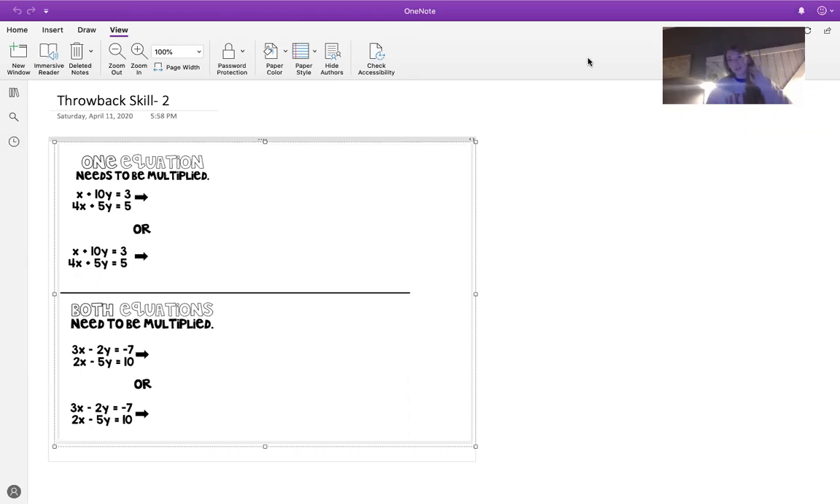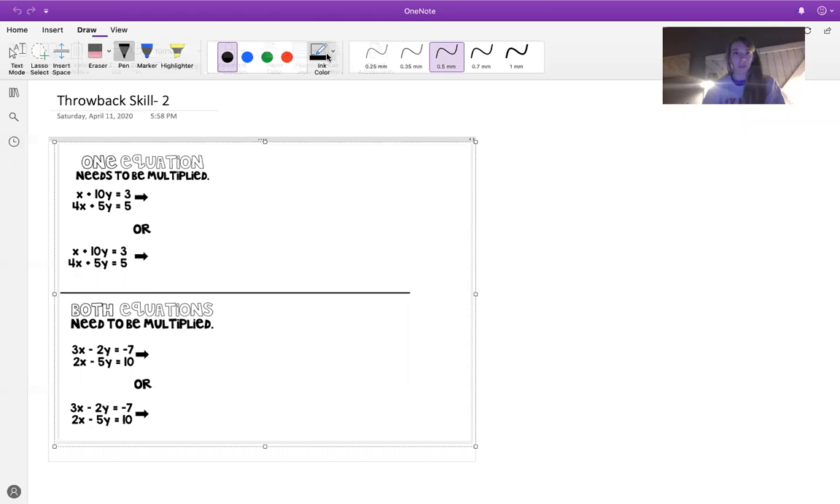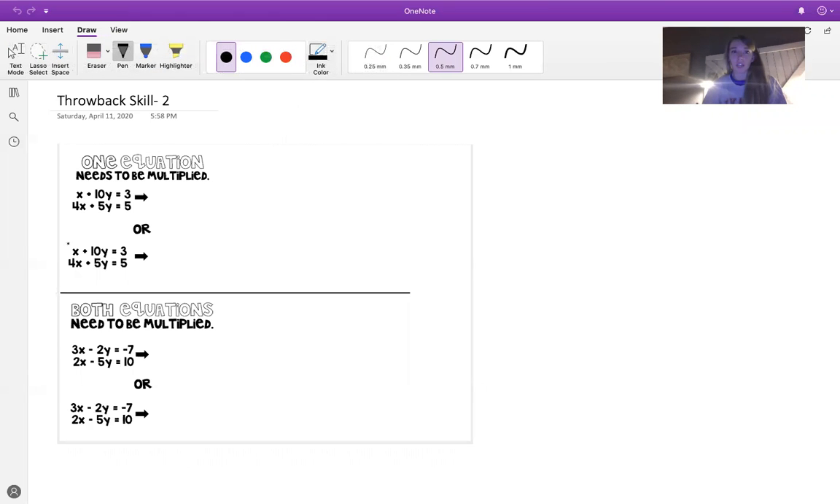Okay, so just like with substitution, you're going to run into different situations where you'll have to solve them differently. So if you want to pause the video real quick and go ahead and write down these notes, you can. Again, we are going to be solving for elimination. And it's called elimination because our goal is